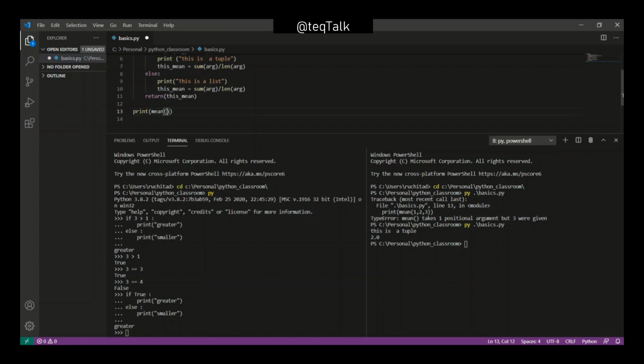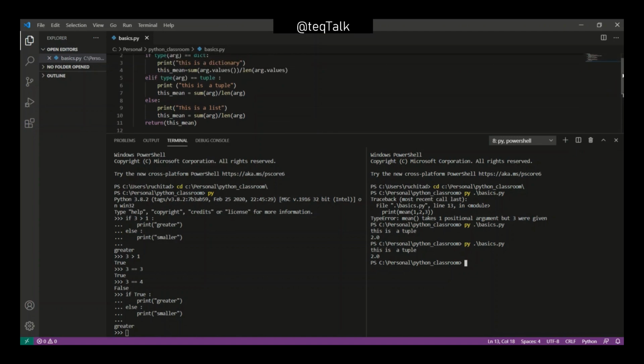As you already know, a tuple is written with round brackets. So I'm going to write 1, 2, 3 and save it. Now if I run this code again, it will show this is a tuple and the mean is 2.0